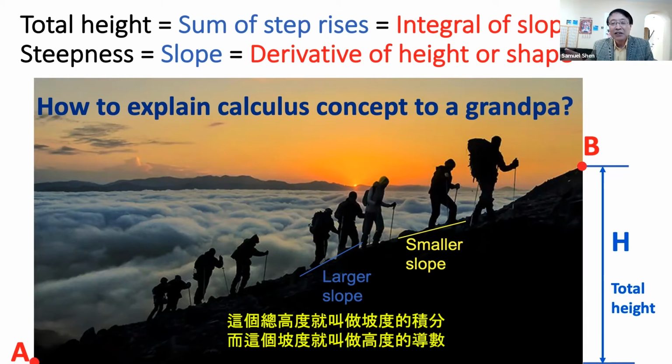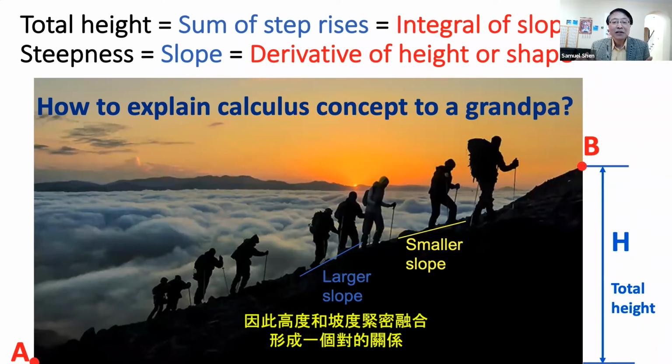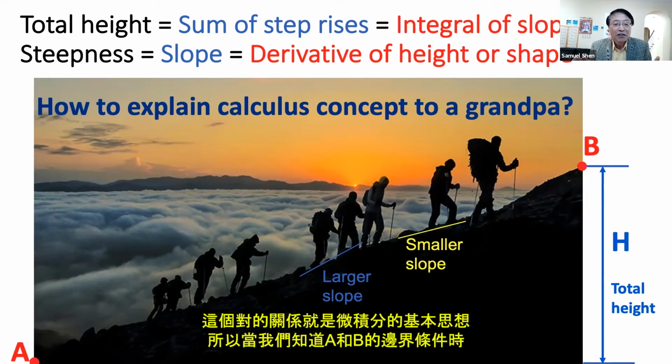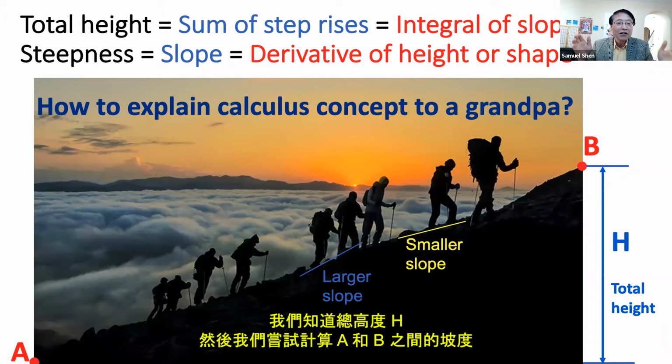The height is called the integral of the slope, and the slope is called the derivative of height. So the height and slope go hand in hand and form a paired relationship. And this relationship is the basic idea of calculus. So when we know the boundary conditions at A and B, we know the total height, h, and then we